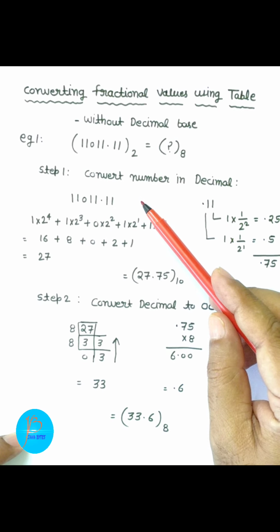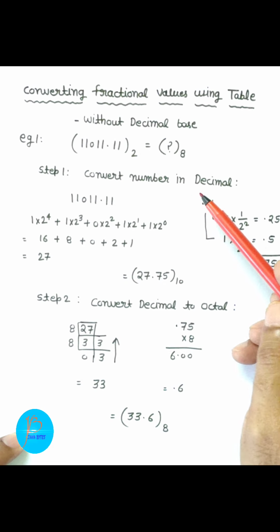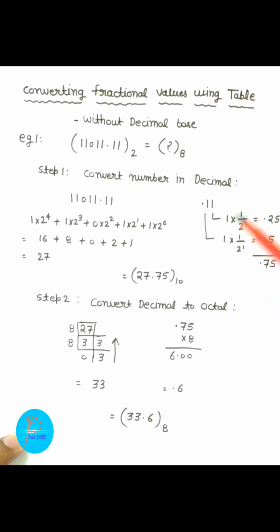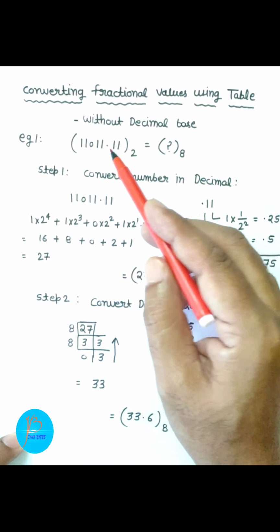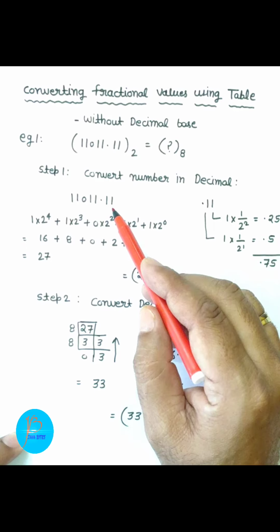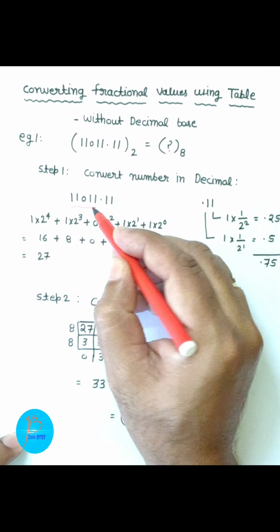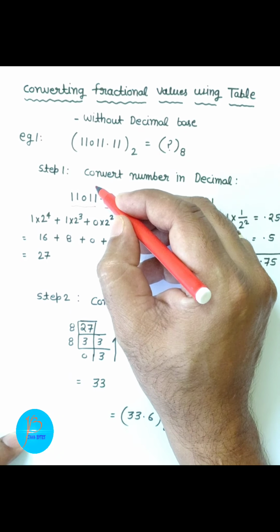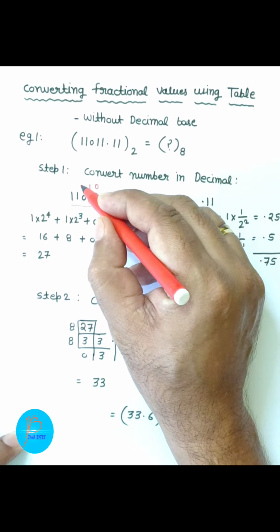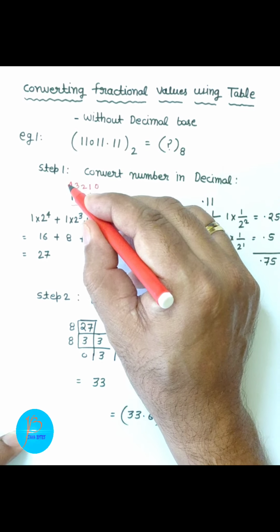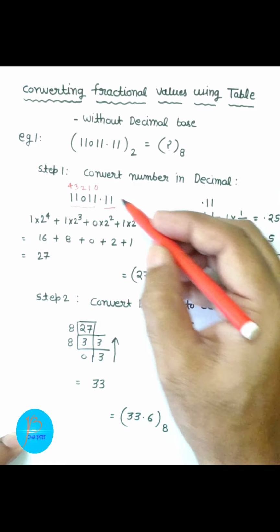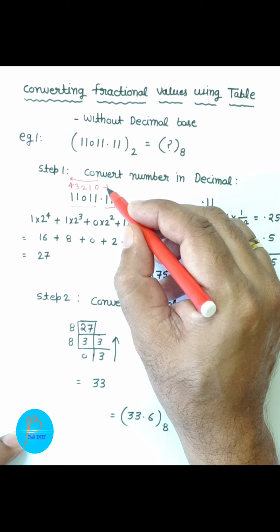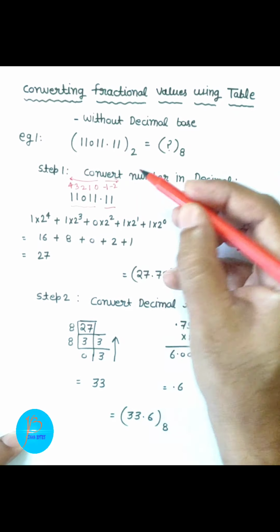to convert the number into its decimal equivalent, and we have already learned how to do this in previous classes. For example, the number is given as 11011.11. You will divide the number into two parts. In the integer part, you will mark the digits as 0, 1, 2, 3 and 4 from right to left, and in the same way the fractional part will be marked as -1 and -2 from left to right.